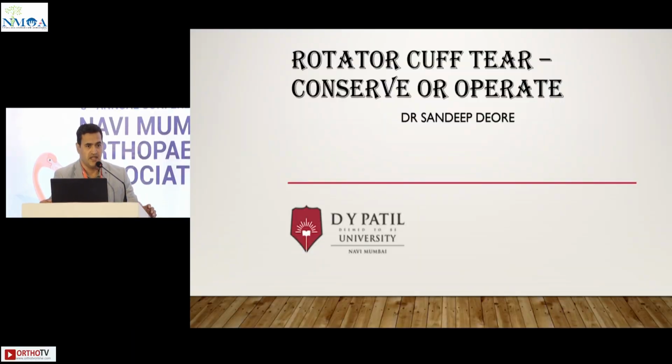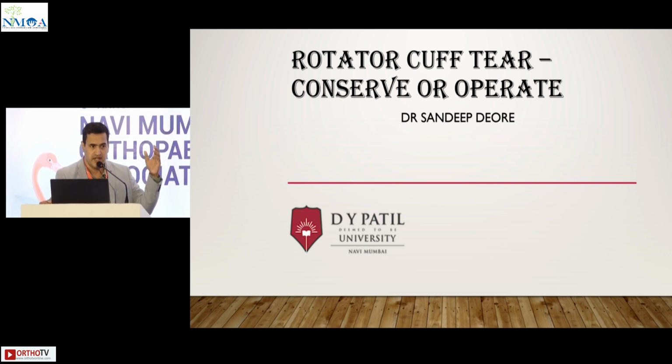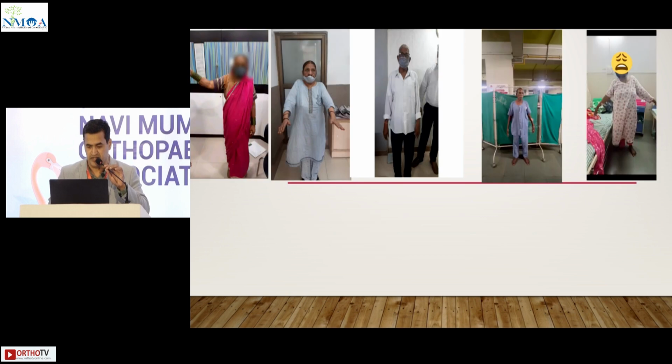Shoulder pathologies are the fastest evolving science in arthroscopy. The conclusions which were there in 2010 are not there in 2020. And what we'll discuss now in the next 5 years will not be true in the next coming 10 years. So there is no black and white. It is not that I always operate or I always conserve. There is a science behind it.